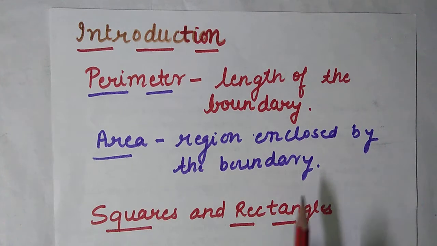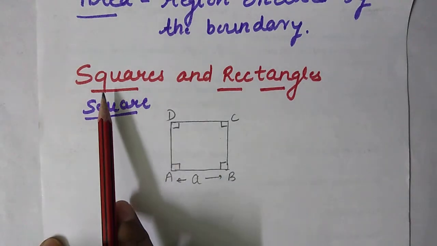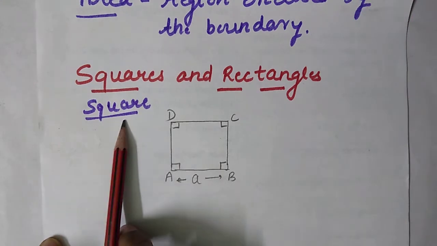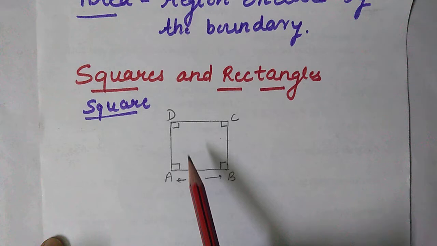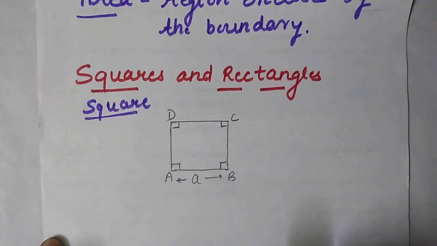So in this chapter, we shall review, revise and strengthen these, and will learn about perimeter and area of some more closed plane figures. So let us start with squares and rectangles. So students, let us first discuss about perimeter and area of a square. As we know, the perimeter of a closed figure is the length of its boundary, and the unit of measurement of perimeter is same as that of length.